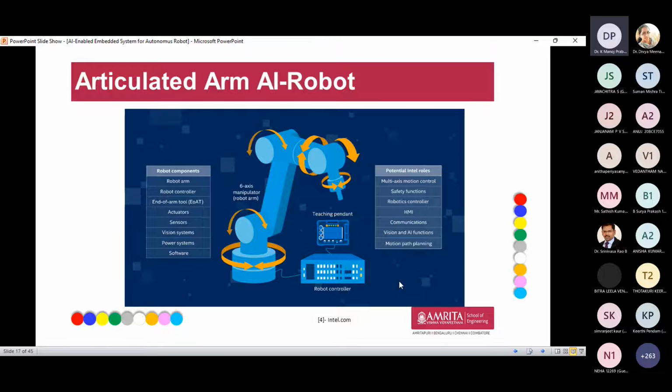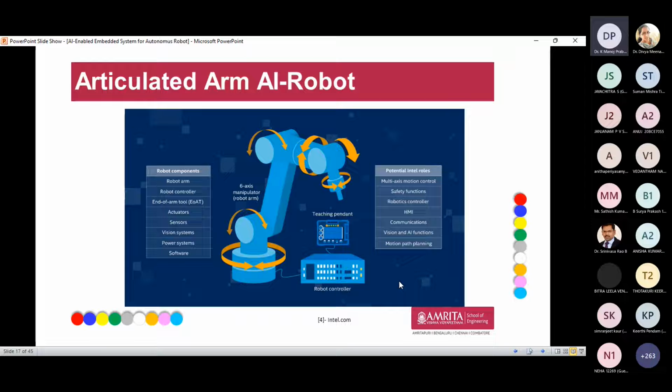And here the components we can see are the actuator, sensor, and vision system. These are the inputs which are really helpful for the robot to do some action, especially, the best example is manufacturing. In manufacturing, we can use the manipulator, a Cuckoo robot, to capture the image, grab the object, and place it in the correct position in the environment of the car, fixing all the parts and producing a good product with the help of the Cuckoo robot.